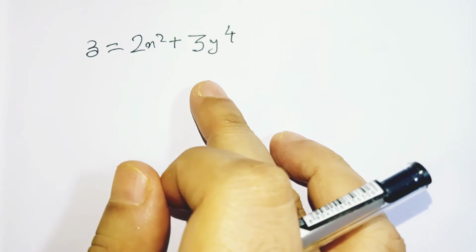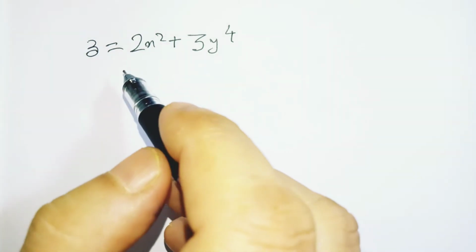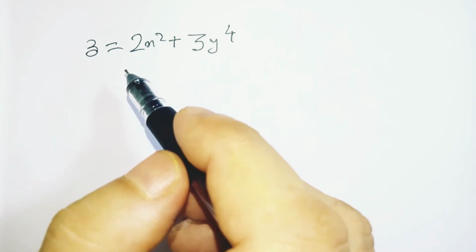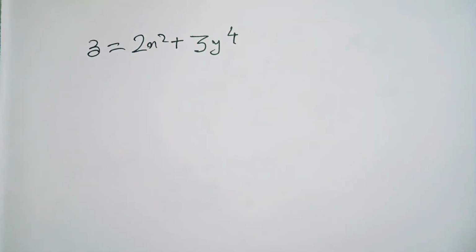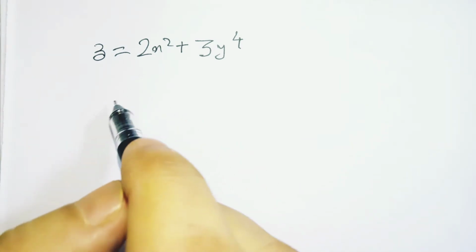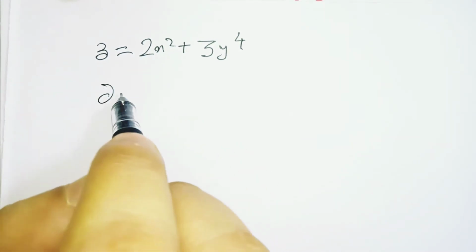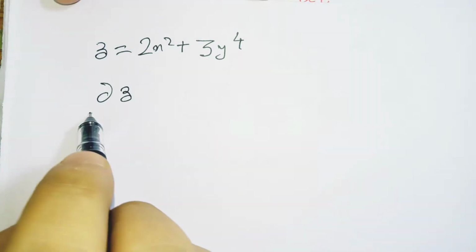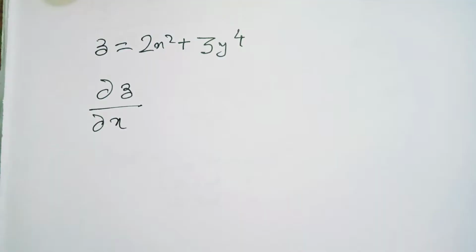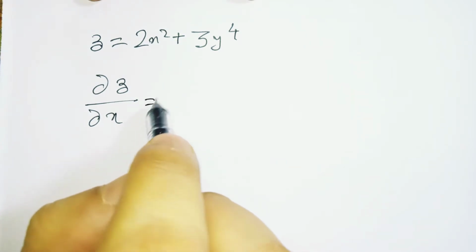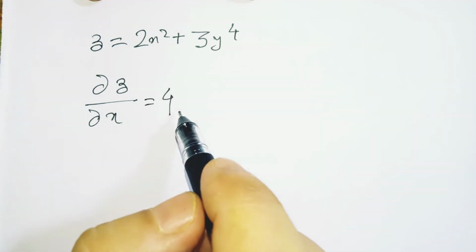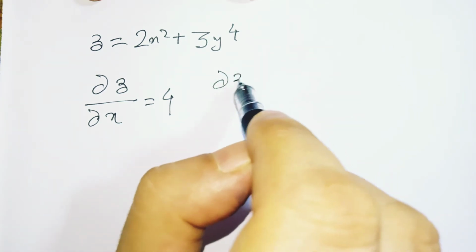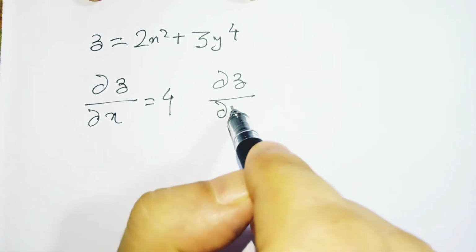So if I take the partial derivative of this part, what I'm going to do is take the partial derivative of z with respect to x. So I will write it as the partial derivative dz by dx. If you are unable to understand, you can omit this part, because this is just to show an idea. And if I do it this way, I get dz by dy